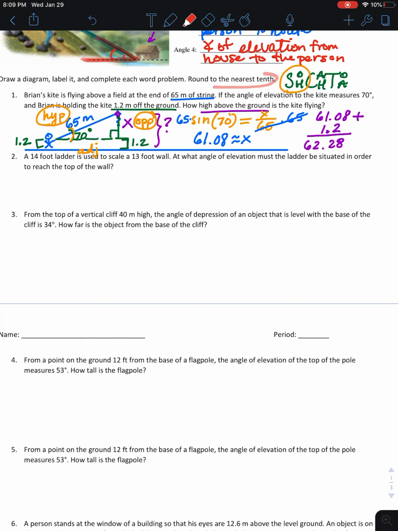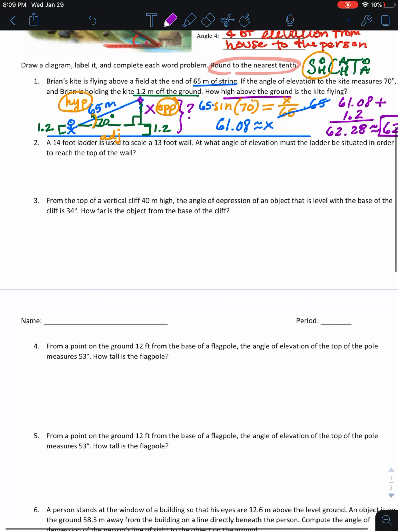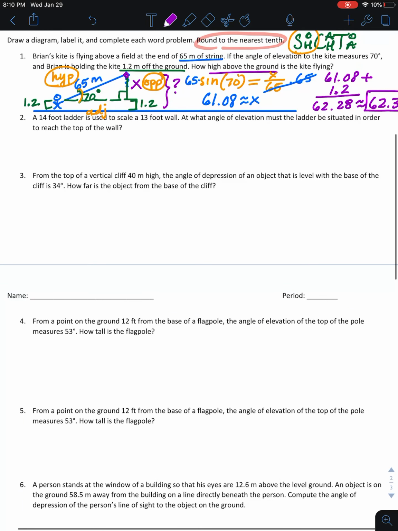So we can round that. Notice how it said to round to the nearest tenth. Okay, so that's going to round to 62.3 meters. Okay, and that is the height of the kite. So a little bit more work just because you got to draw a picture, but the math is the same as the trig. Okay, so you guys need to do number 2,